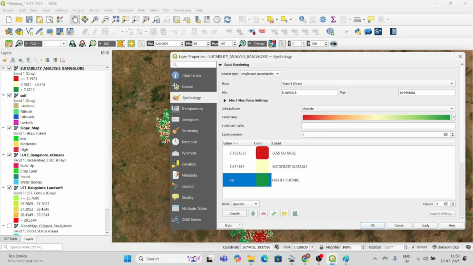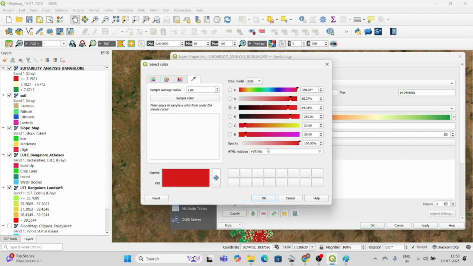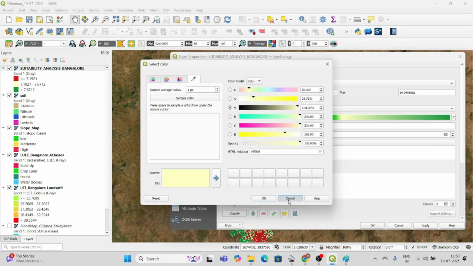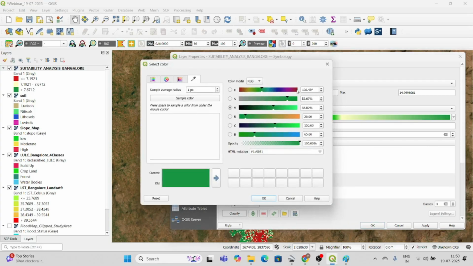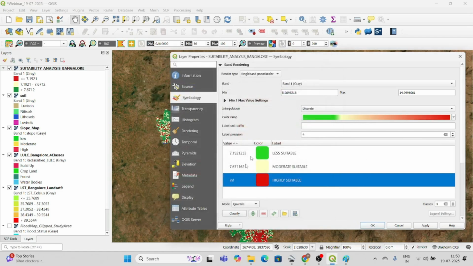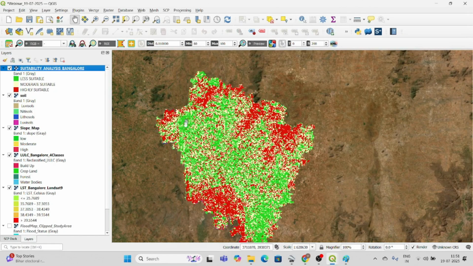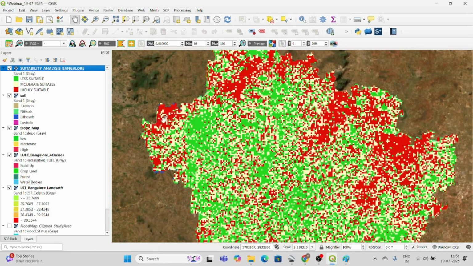I can also change the colors. If I want green, I can give it green; yellow is okay for me, and I can change this one to red. So I had given it red. Apply. Now you can see the highly suitable areas are at the corner.